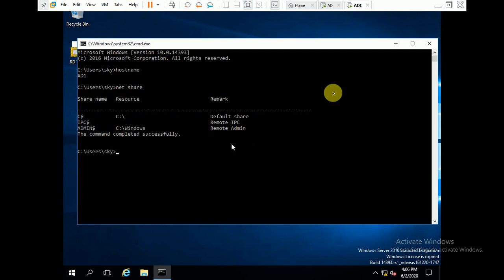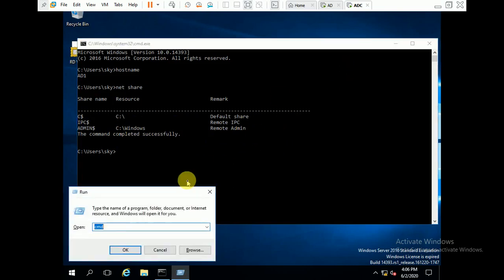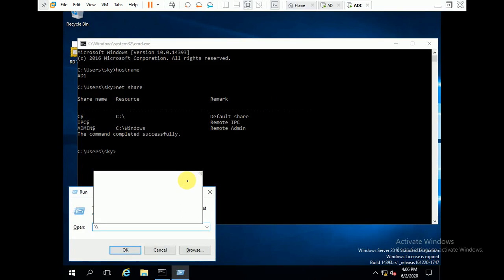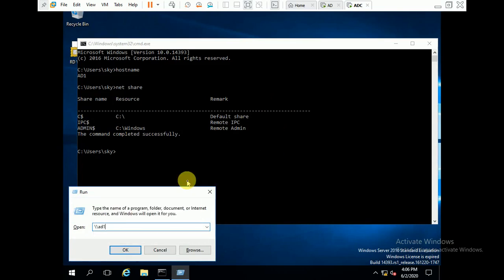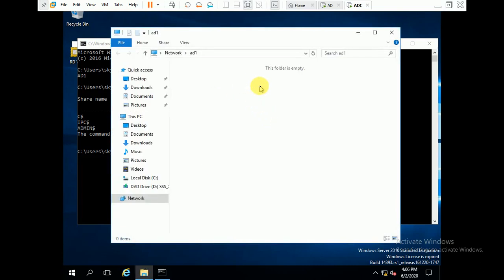Even if we open Run and try to access our server by host name AD1, or with the IP of the server, you can see the folder is empty, meaning netlogon is not shared.